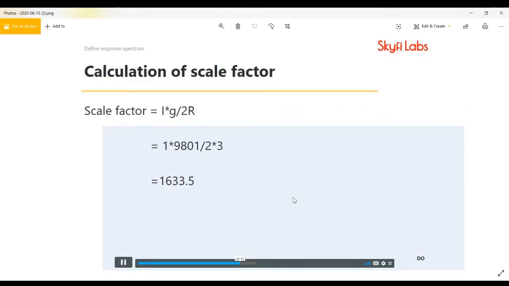1633.5. So acceleration 1, set it up as U1, enter the value as 1633.5, and the second acceleration U2 will be 1633.5 as well.